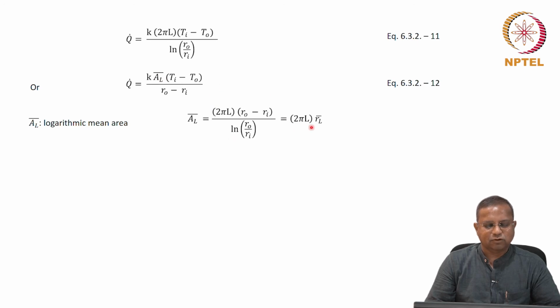In other words, 2 pi L into a log mean radius. That log mean radius is Ro minus Ri divided by ln of Ro divided by Ri. This is equation 6.3.2-13. R L hash is the logarithmic mean radius